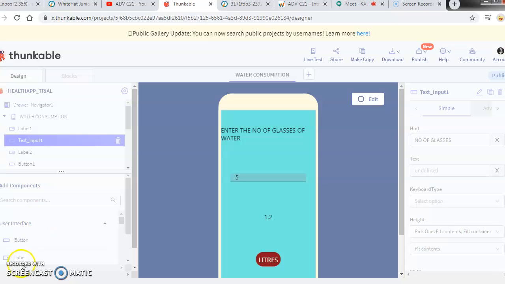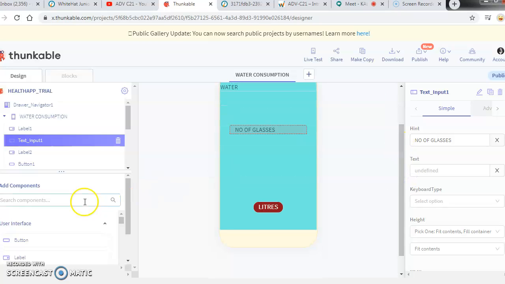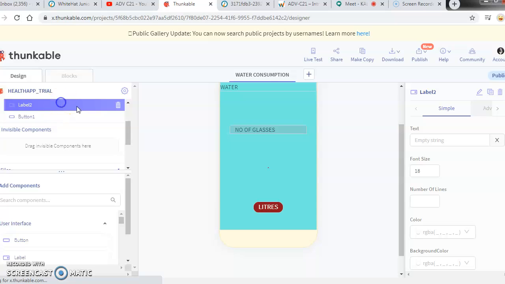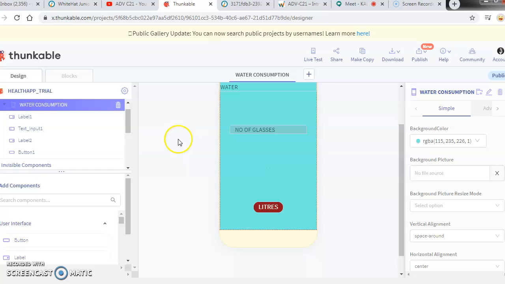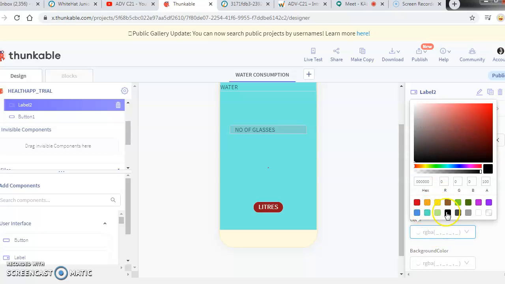Now what you can do is I can just edit this, and one more time I can change the label size here. So can you see label 2? So this is label 2. So if you click on the label 2 here in the design, you can find the label 2. Yes. So you are just going to change the properties of label 2. So what I'm going to do is I'm going to keep the font size to be 25 for the label 2, and the color to be like some black color, big black color.